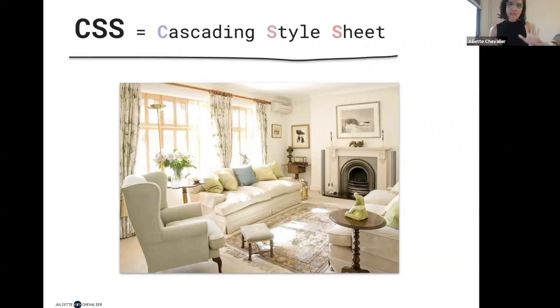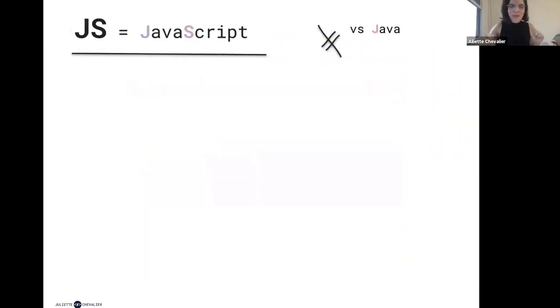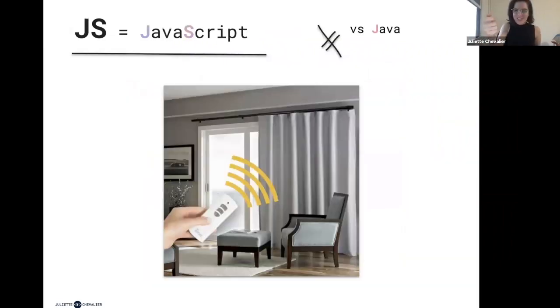Now, let me make a stop here, because just with HTML and CSS, you can make a website. Honestly, that is all you need. But who wouldn't want to have that button, that control that all of a sudden brings down the curtains or makes you coffee when you wake up at night or shuts the door, right? Whenever you're adding those extra animations onto your page, that's when you're going to be using some JavaScript.